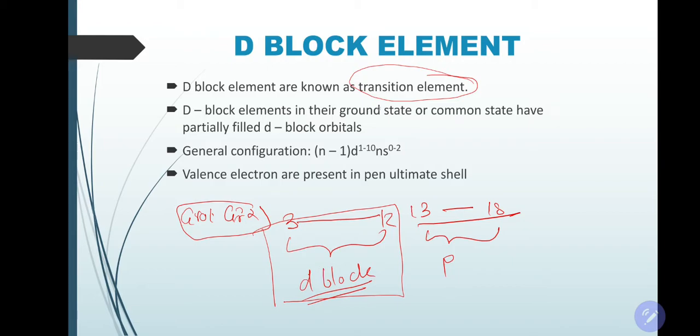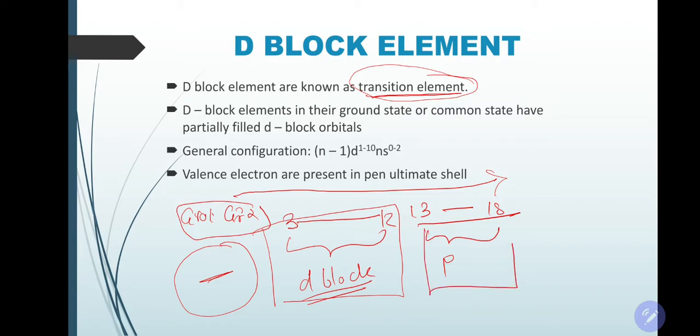Now, why are D block elements known as transition elements? They are known as transition elements because they lie between metals and non-metals. S block elements are pure metals. As you go from left to right, the metallic property decreases whereas the non-metallic property increases. So it is the transition, it lies between the purely metallic. And the P block consists of metals, non-metals and metalloids. So it is lying between them.